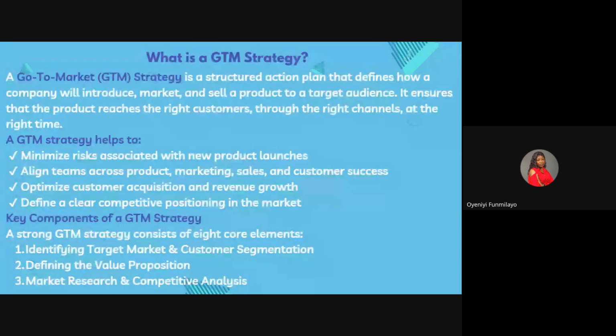So there's something that differentiates your product and their products, which is how you communicate your value. You see Uber and Bolt, they do exactly the same thing, right? But their value propositions are different, and that's what makes them stand out.